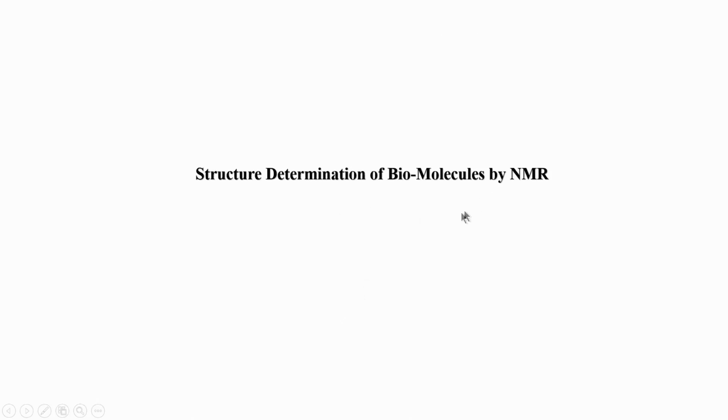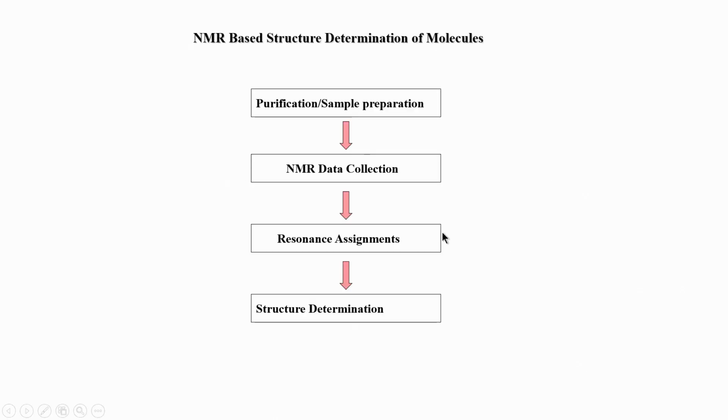So, now having looked at how different protein structures can be solved by NMR, let us go into detail of how we solve the structure of biomolecules by NMR. This flow chart is something which was shown in the previous lectures: if you want to solve the structure of a protein by NMR, you need to follow these steps.